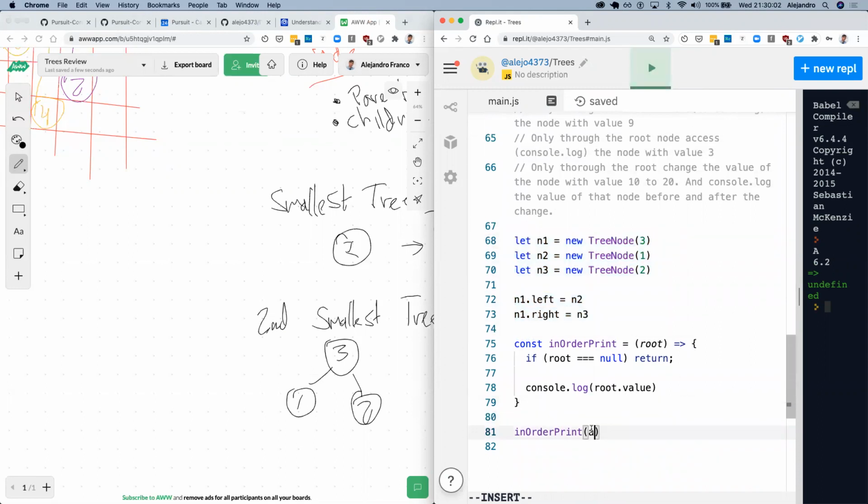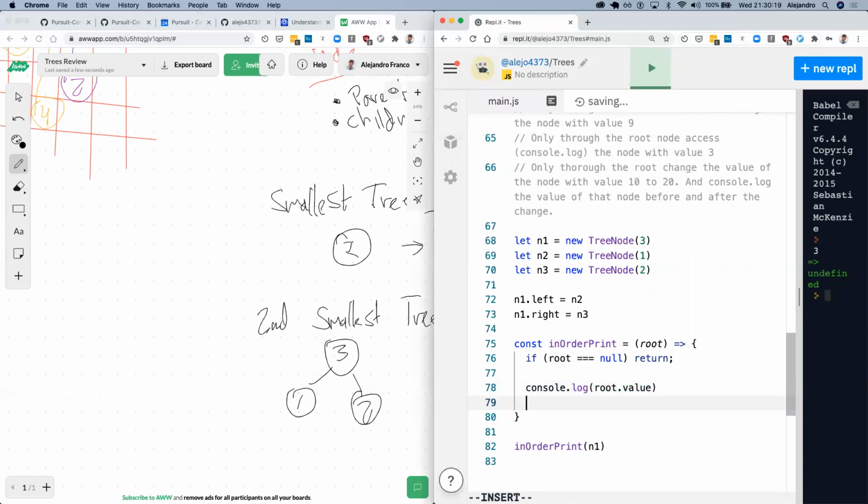Right, and then we can pass in n1. And we get the first value, but we wanted to go on to the left and the right and console log those two.